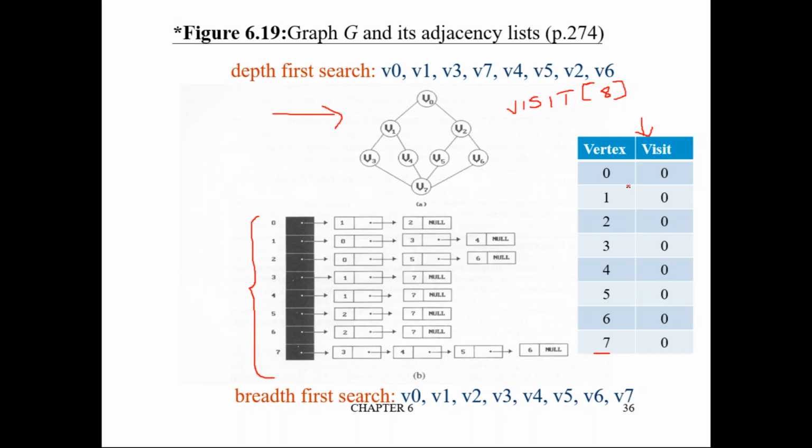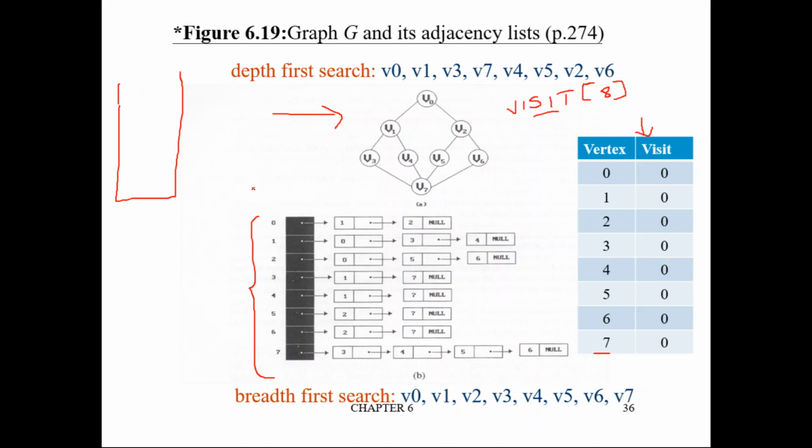Okay, fine. Now I am discussing what data structures we are going to use to implement depth first search. The first data structure which we are going to use is the adjacency list. The next data structure we are going to use is an array visit, which holds whether a particular vertex is visited or not. And also we are going to use a stack, a stack of pointers to nodes, to vertices. Okay, fine. With this knowledge, let us proceed.